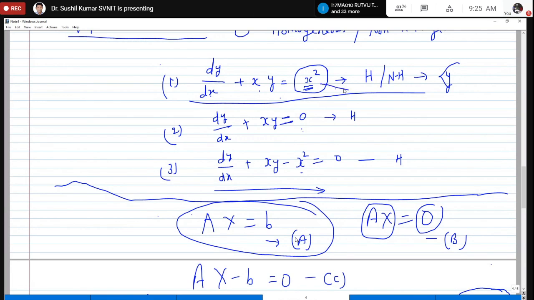Let's say, rather than x square, I write f(x), and f(x) is equal to x square at 1 and elsewhere it is 0. So it is not identically 0 in the domain of this problem, because if you are considering the domain of this problem as minus infinity to plus infinity, then x equal to 1 is included in the domain.